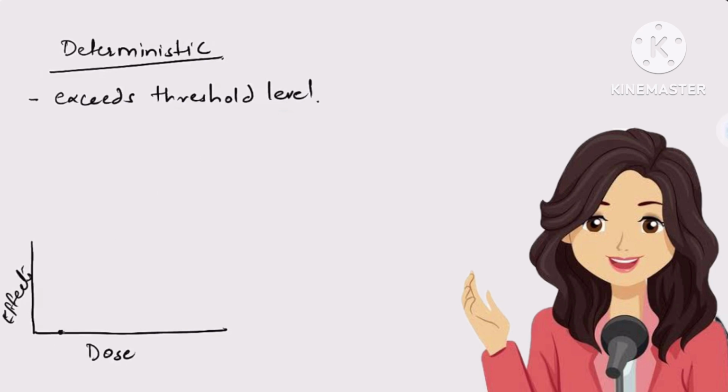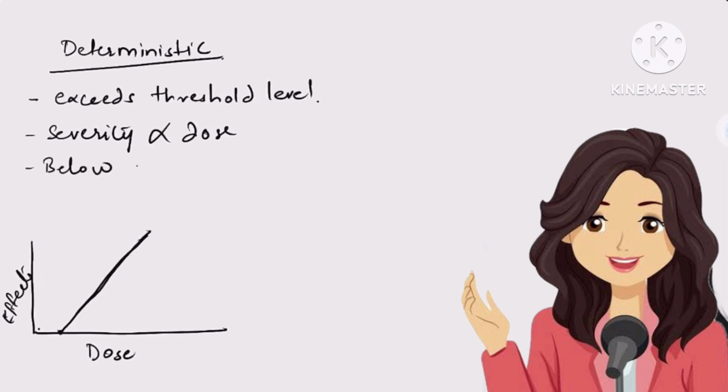Above this dose, the effects are seen. Below this threshold dose, no effects are seen. This is called deterministic effect. And the severity of the effects depends on the dose. As we increase the dose, severity also increases. And the main important thing is below this threshold dose,